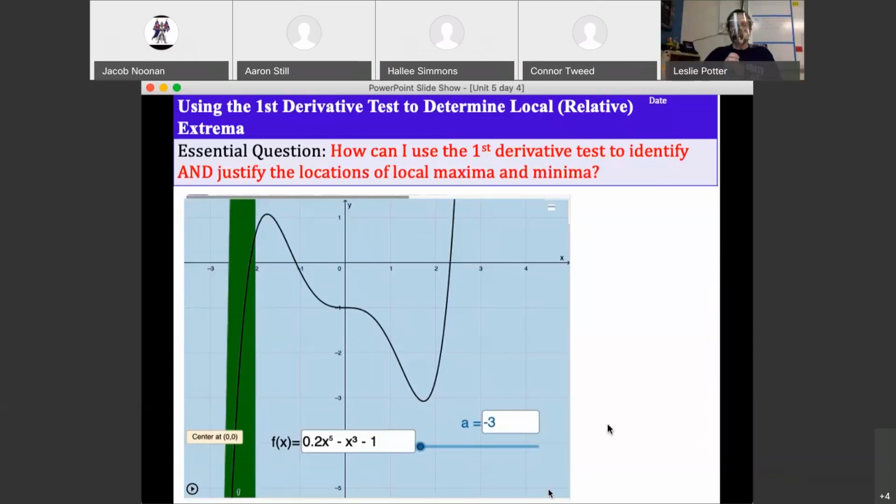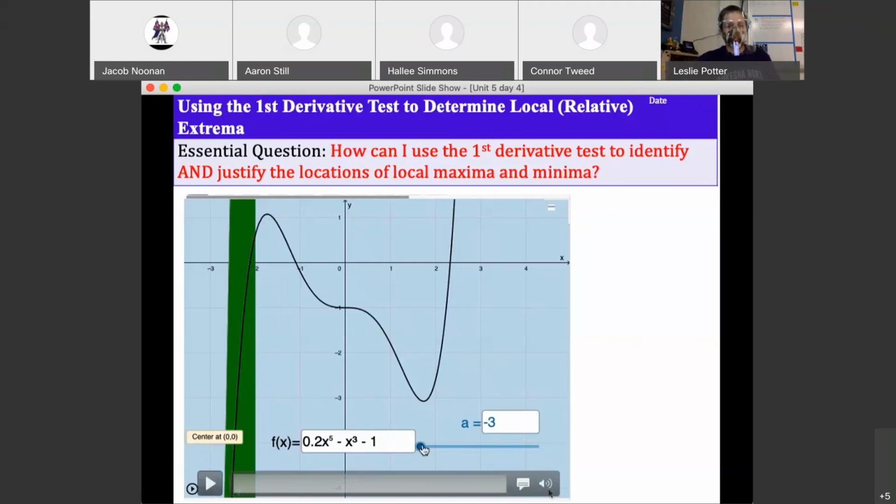Okay, so you took notes on day 4, and day 4 is we have a test. It's called the first derivative test, and we use it to find the local extrema. Remember, locals in your neighborhood, right? We're just saying, give us our hills and valleys, basically, or our cusps and corners. That's what it's saying. And as we look at this animation, which you can play with in Blackboard,